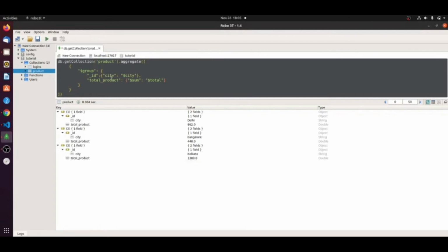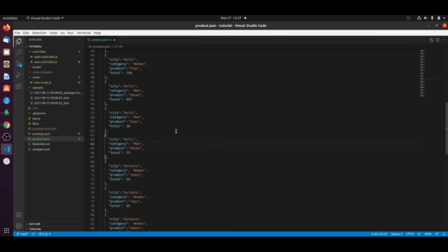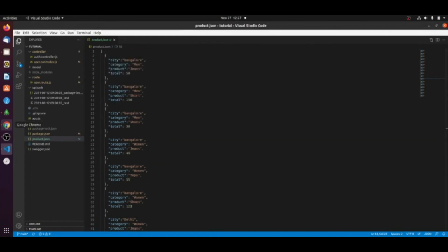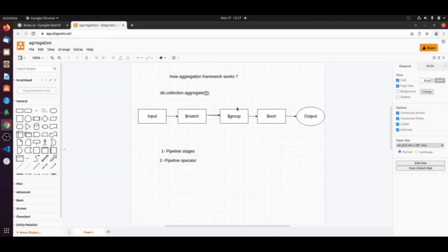So if we have such a requirement and we have one complex document present inside our database, we have to go for this aggregation as per our requirement, as I have shown. So let's take one more example. We'll implement the complete scenario with our same document.